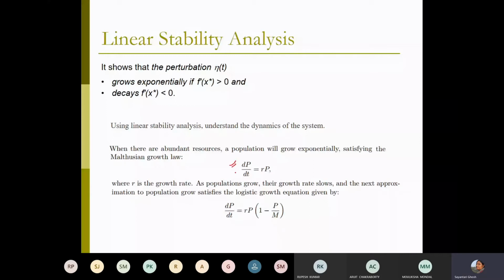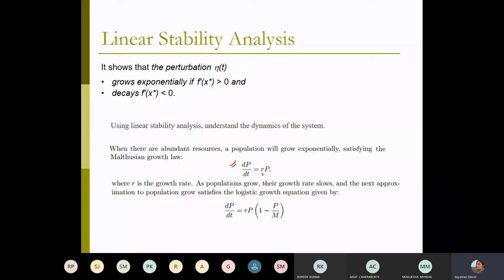Okay, so suppose I have p number of fishes or p number of bacteria present in a petri dish, or p number of fishes present inside a pond. Okay, and you are giving them enough food and enough place to grow. There is no restriction in terms of food or space. Then what will happen? The number will continuously increase, right? So bacteria will, from 1 it will become 2, 2 it will become 4, and like that it will go on becoming an exponential increase. So this is exactly like radioactivity, where instead of a negative sign in case of radioactive decay, here you have a positive sign because it is growing exponentially.